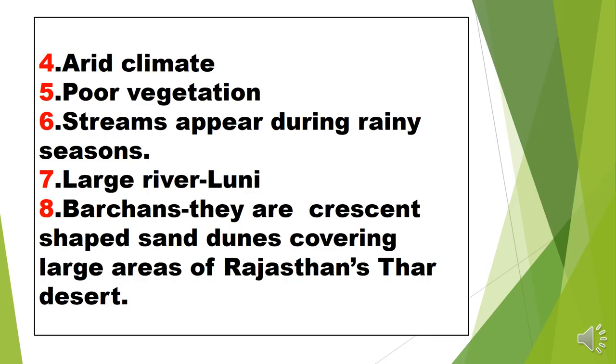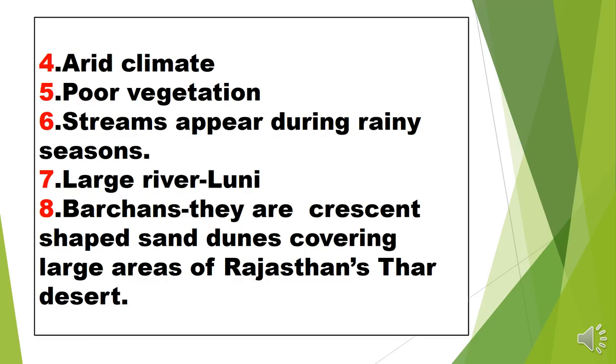Just like half-moon shaped sand dunes are found in Rajasthan, mostly near the Indo-Pakistan border, near Jaisalmer. So we can say that Barkhans are crescent-shaped sand dunes covering a large area of the Rajasthan Thar desert. All these are features of the Indian desert, and the Thar desert is the largest desert in our country,